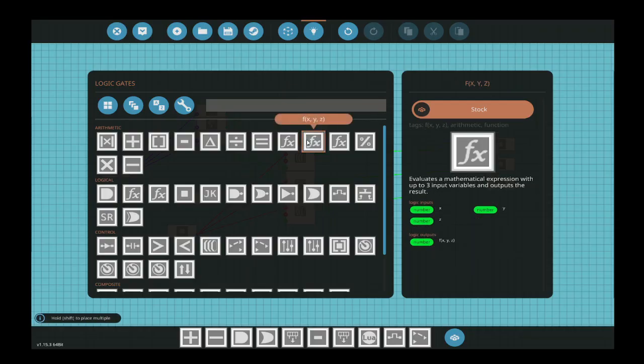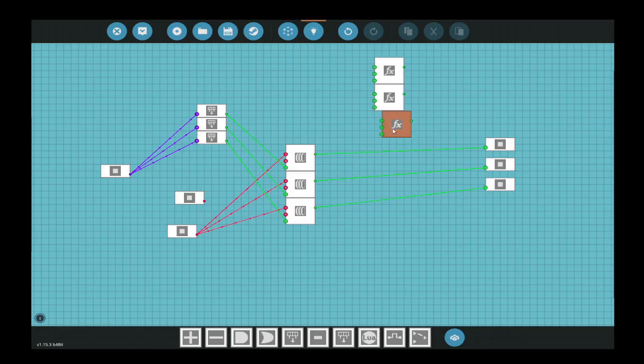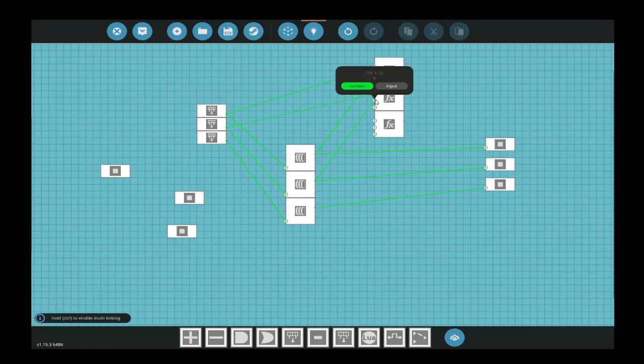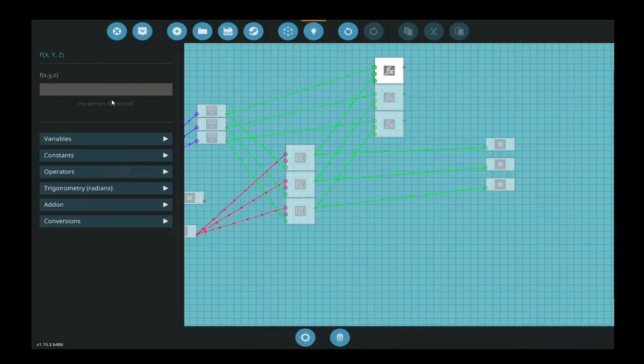So for that we'll need 3 of these. Right, and this is going to be X, and this is going to be Y. X and Y. X and Y. And then inside, we're just going to say function